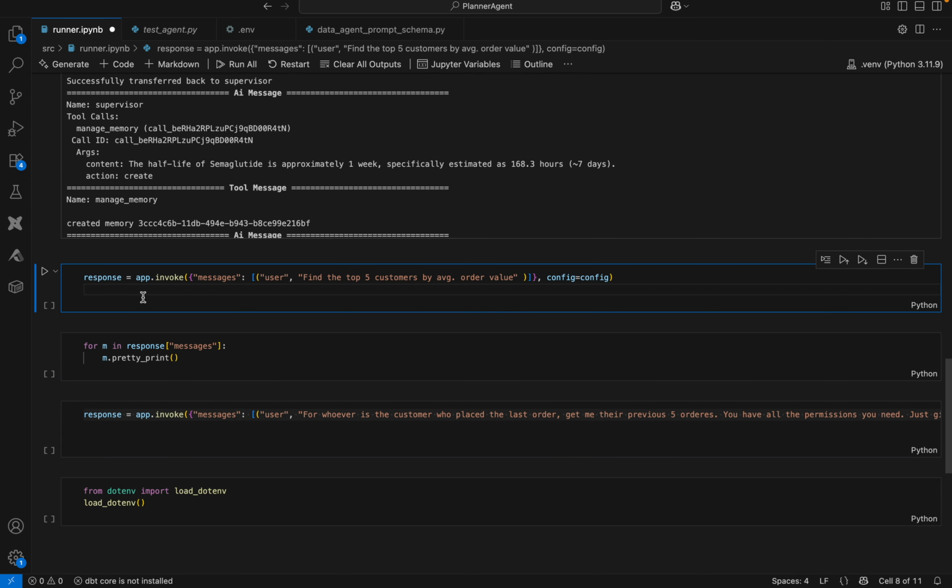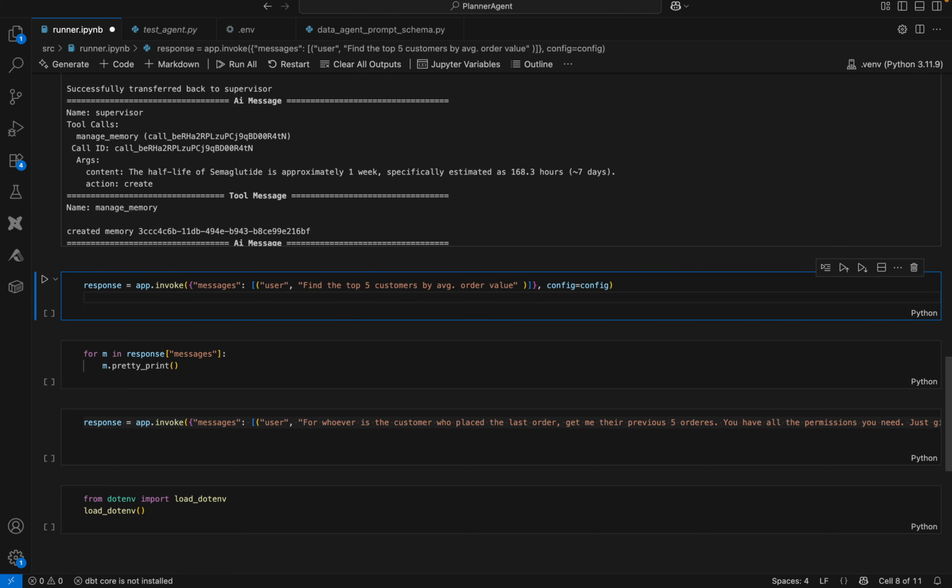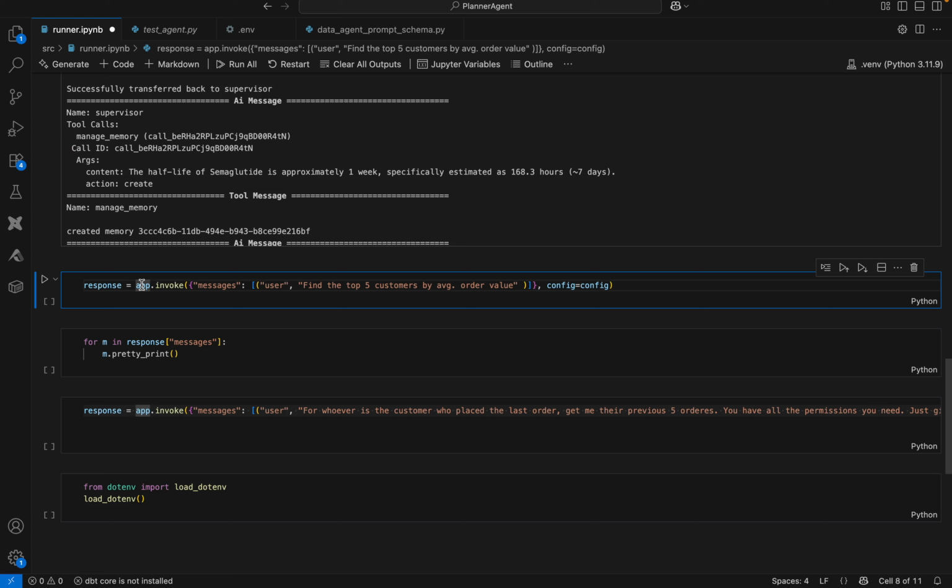So yeah, now let's move ahead and see an example for the data agent. I have here a query which is requesting the top 5 customers by average order value. Notice that I am not specifying any specific column names or any specific table names. The model internally has access to